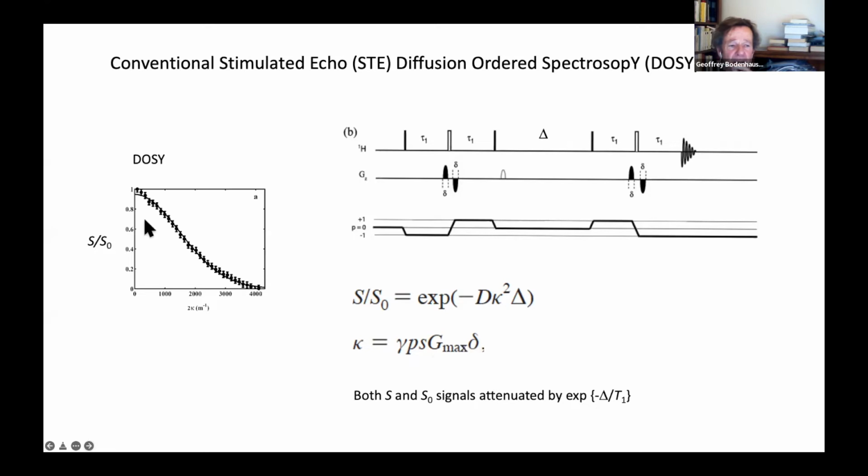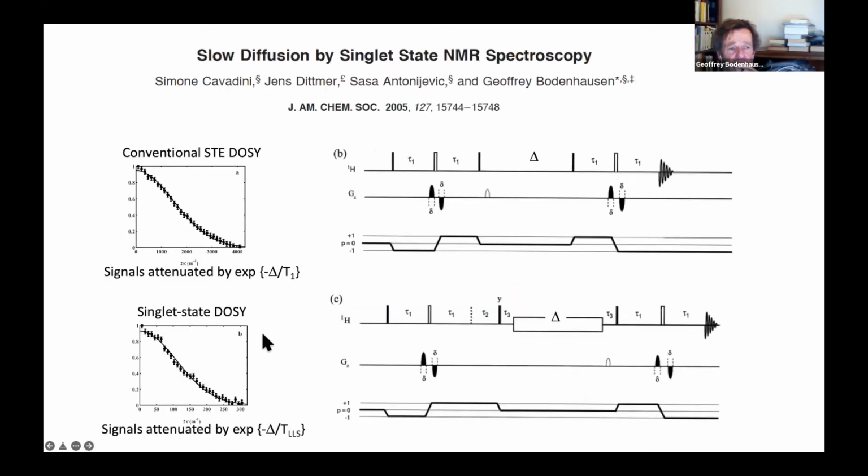of these gradients. And as you can see, if you do it experimentally, it follows a nicely Gaussian curve. And of course, the interesting parameter that we want to extract is D, the diffusion coefficient. But we have to be aware of the fact that both S and S0 are attenuated by an exponential decay according to the T1. And T1 can be too short, or rather the diffusion can be slow compared to T1, in which case the sequence doesn't work. So very early on, soon after Malcolm came with his singlet state papers, we developed a slow